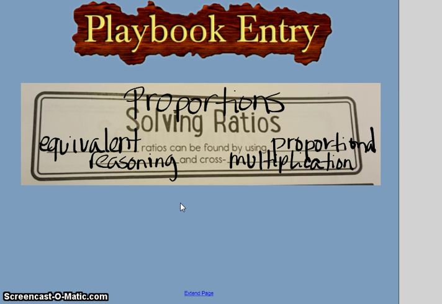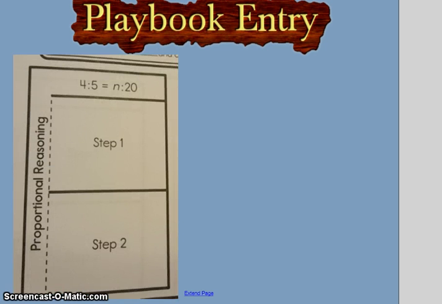Proportional reasoning you have already used. Cross multiplication is a new skill, and it is a skill that will carry on through 7th on up. So now let's go through and actually look at what proportional reasoning and cross multiplication looks like. Here we're going to start with proportional reasoning. You're going to lift up step 1 and you're going to put down that proportional reasoning. When you find proportional reasoning,